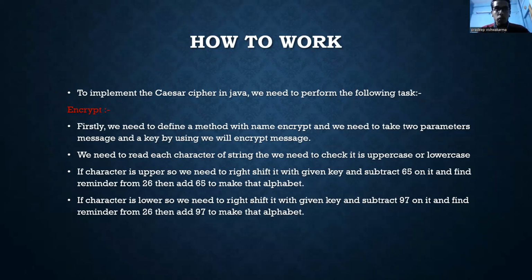I implemented two methods for that. The first one is encrypt. In encryption, firstly we need to define a method with the name encrypt, and we need to take two arguments.